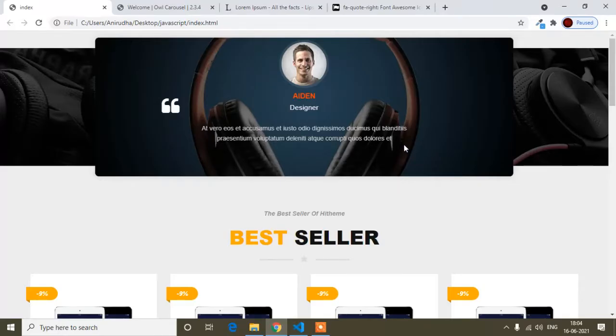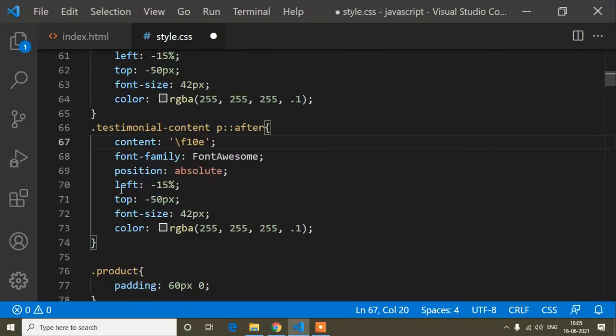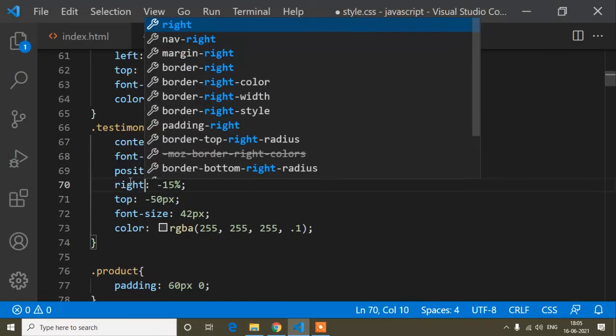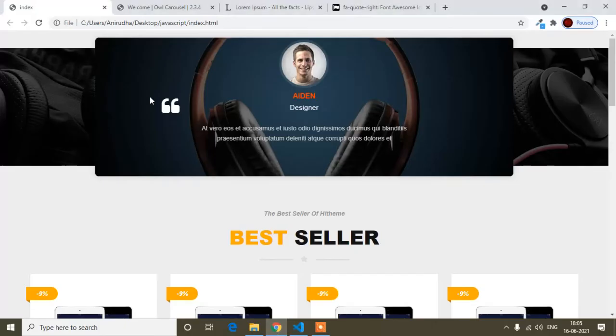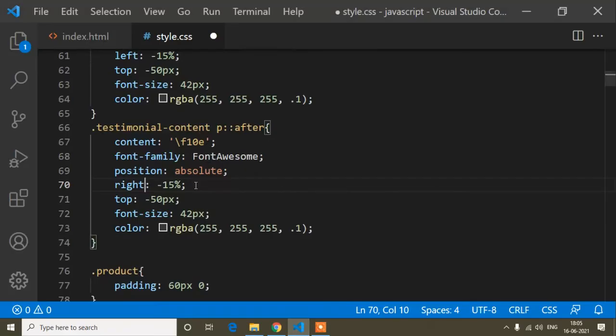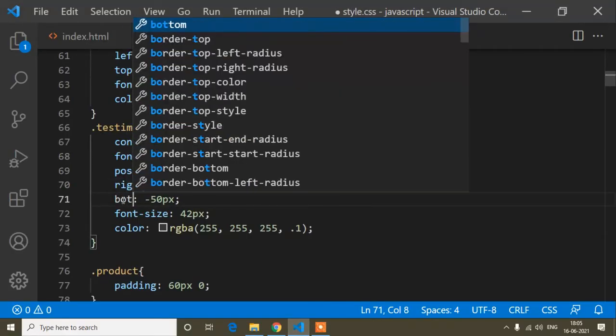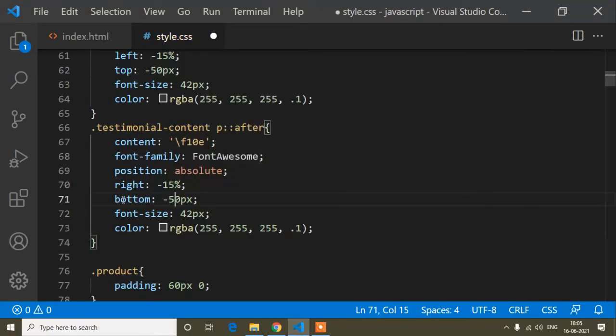Again, that is from here, end of the p tag, that means right. So I will change it into right instead of left. And the bottom, because it was the top of this paragraph and it will be here, that means bottom. So bottom will be just 0 pixel, and everything will be the same.